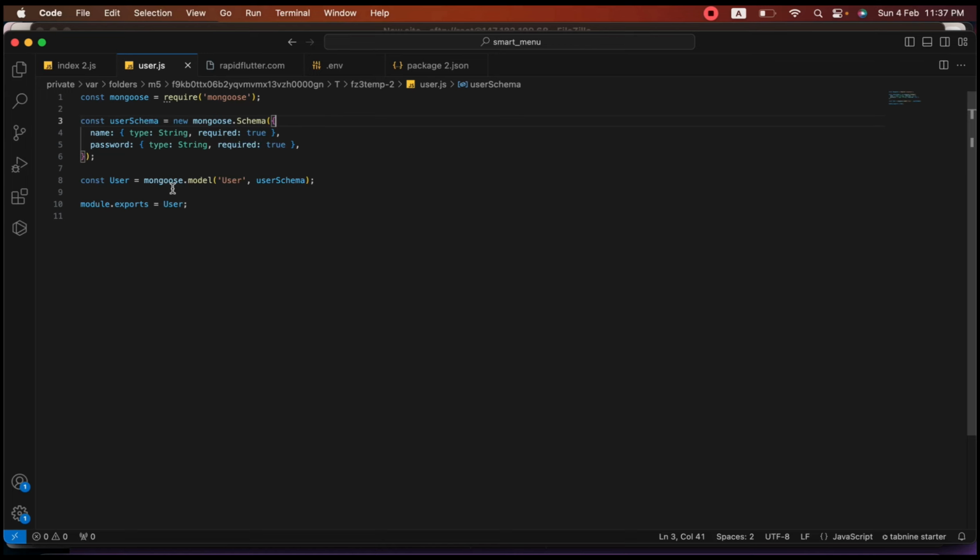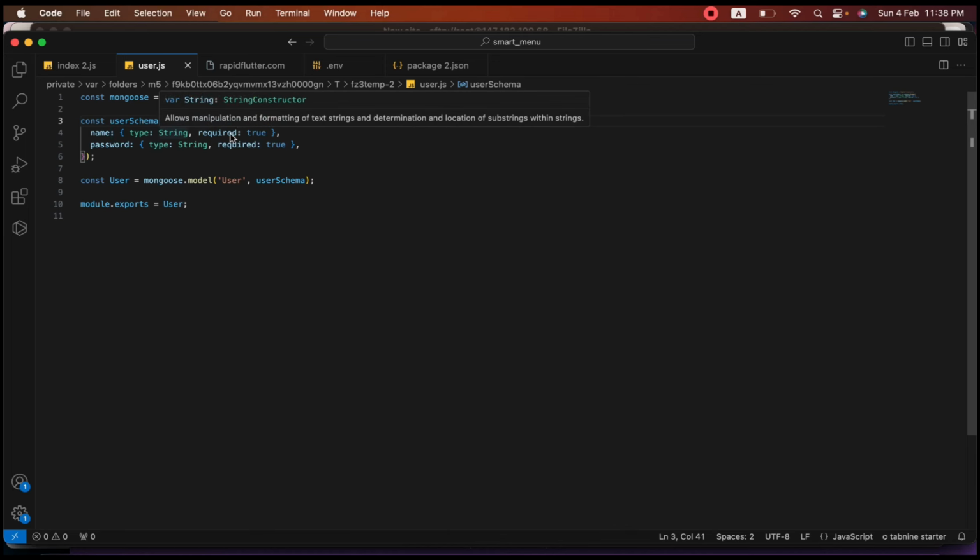There is a different collection. This model comes in our database as a collection. We will discuss it later when we run the application or add the user. We will understand. Now just understand the model means it comes as a table or collection in the database. Okay, here I'm creating the user schema is equal to new mongoose dot schema, and inside the curly bracket we can give the fields here. First is name, and after the colon we can put one curly bracket, and here you can give the